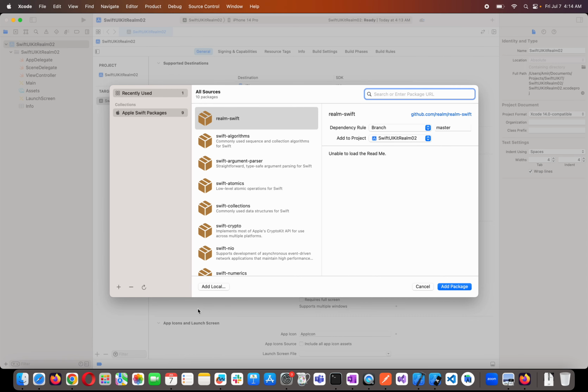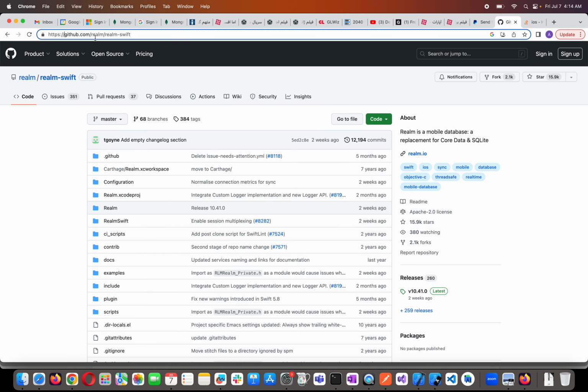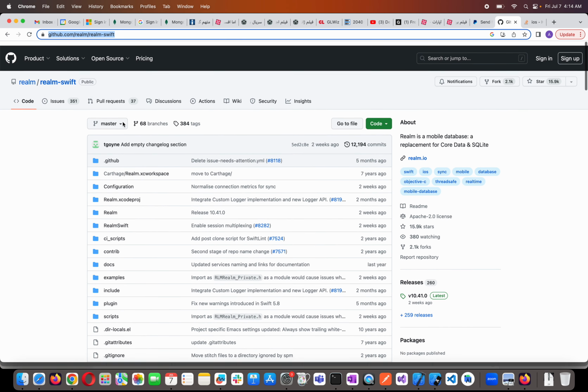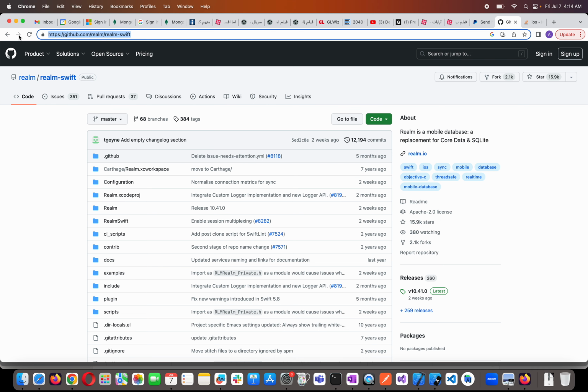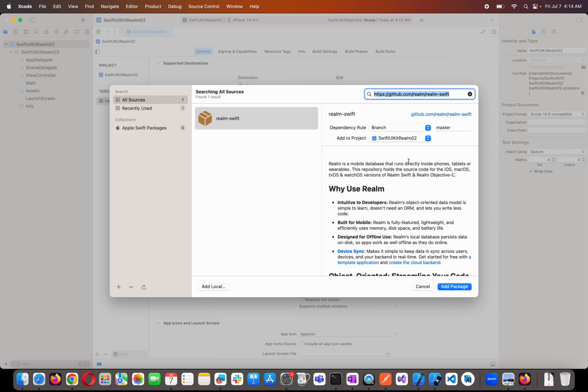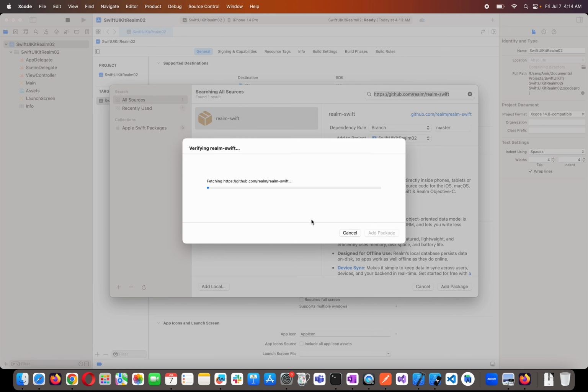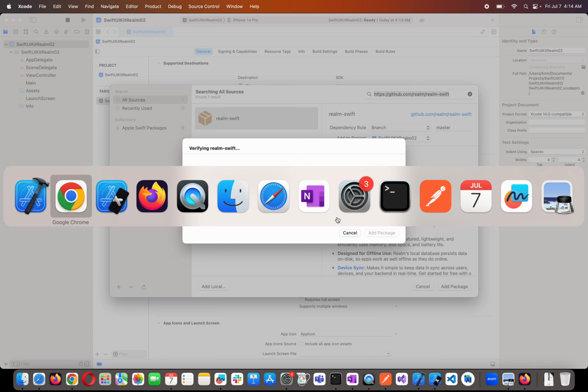So I'll go to GitHub and look for Realm Swift, and I end up at this GitHub page where the SDK is sitting. You can see the latest version of the SDK, and it's open source. I'm going to copy this and come back to my package manager, and here I'm going to search for this, and then I will have Realm Swift. I'm going to say add this package for me. It will take a while. So while it does this, I'll go and